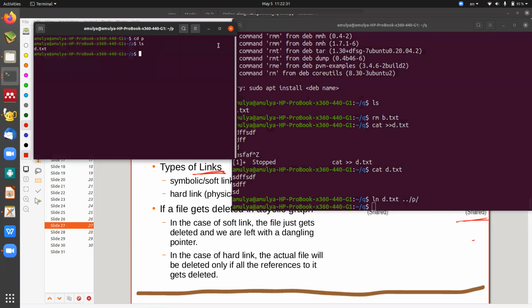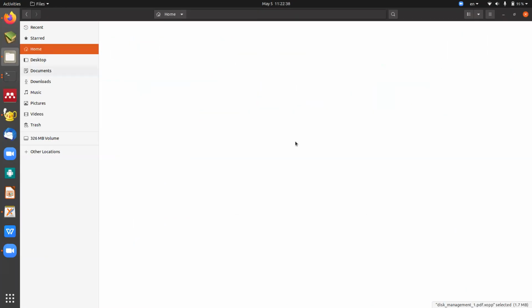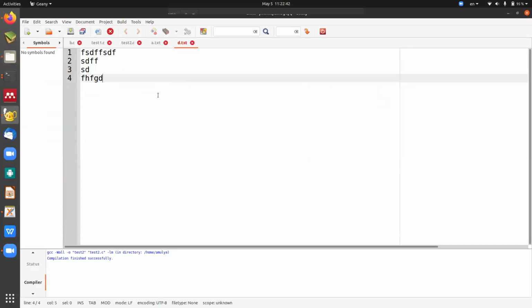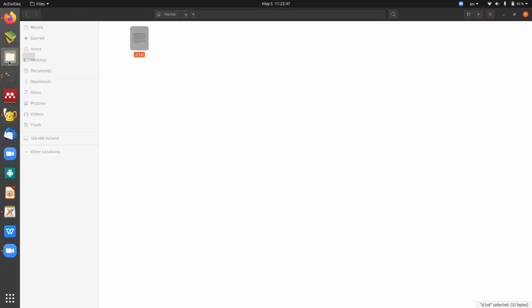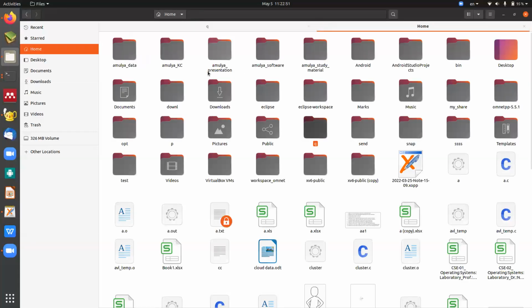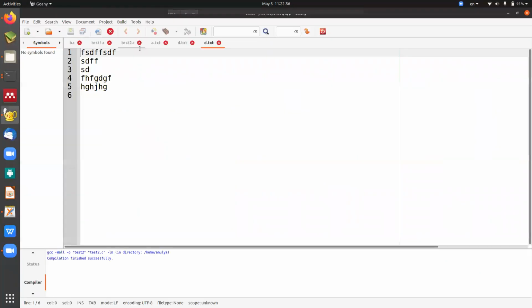Yes. Now what I'll do, I want to change something in this. This has to be reflected here. So if I'll go here and open this particular P file, Q file, and I will open it and type something extra. Yes, I save it here. Then I'll go to this, go to Control T, go to now P. Yes, inside the P, d.txt. Now it has changed. Means how many copies? There is one copy, and both are sharing this one.